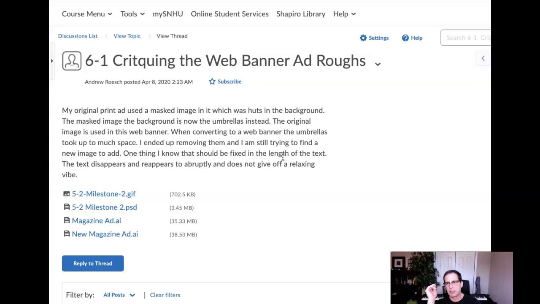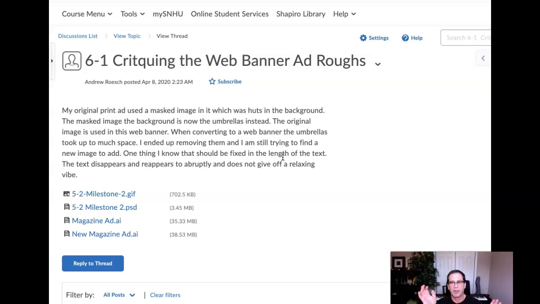And for those of you watching along, what happened was Andrew created a composite in Photoshop, which was comprised of a masked portion of the background image and then another masked image. So what he was doing is compositing two masked images. And what happened was that we talked about it and decided that that's not the most appropriate way to preserve